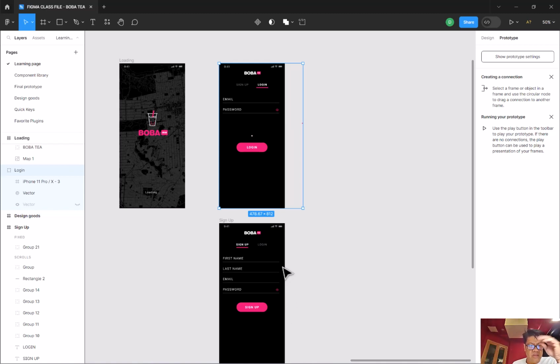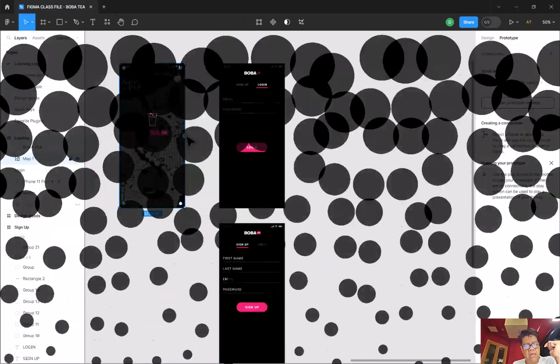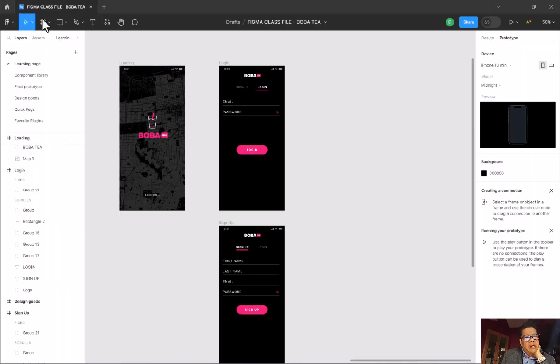So the first thing I want to point out is the prototype from the boba loading screen to the sign up as well, and let's see what that looks like. If you click on prototype, let me start with this one right here. Click on the loading screen and click on the prototype tab. And you're going to actually click from the